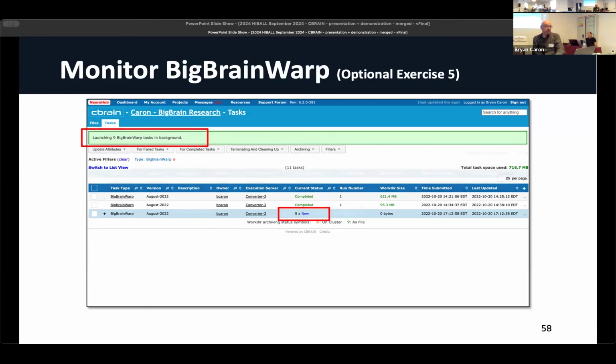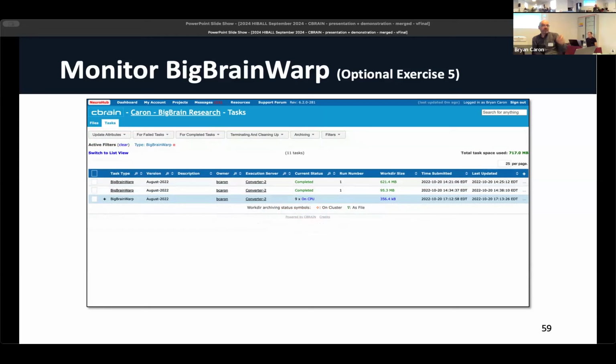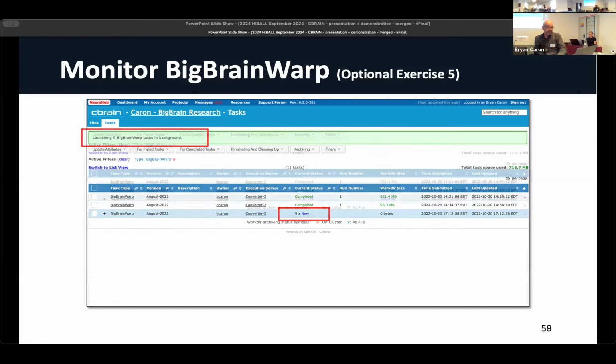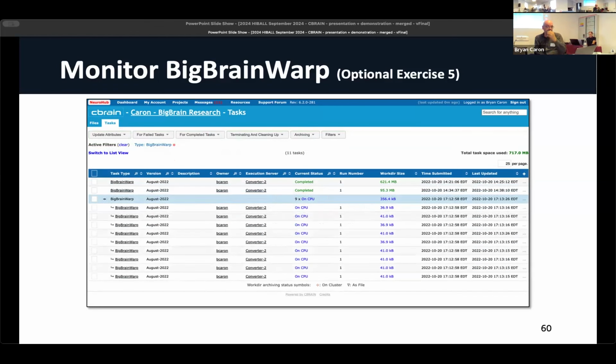And if you click on the plus at any time, you can get a deeper dive into those. You can see the same thing, even if it's running, you'll see the same cycle go through. You can see it going to CPU when it's actually running. And if you click the plus, it'll expand the information down. So then you can see the actual status information and details of each of the individual tasks that you've submitted, okay? Depending on where you're running it, depending on the type of tool, they will not be in lockstep with each other because they're all unique individual processing tasks, okay?